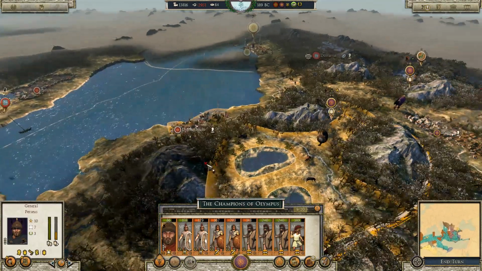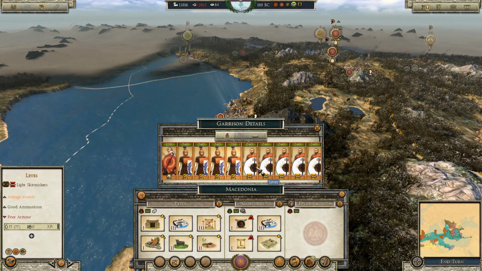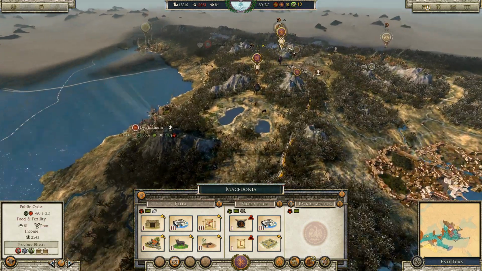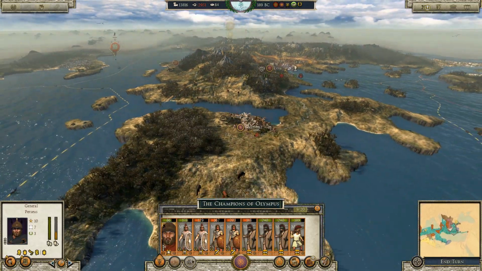Excellent, excellent. So we will be able to strike this. I'm wondering what they have for a garrison here. It's actually not a bad garrison. I'll probably need King Phillip to deal with that. But let's get...